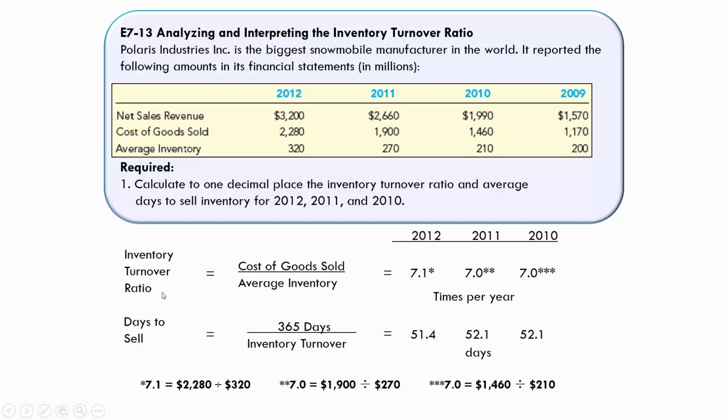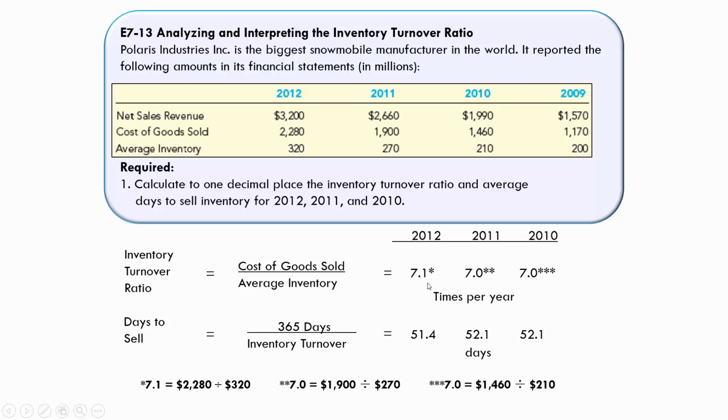So inventory turnover is cost of goods sold divided by average inventory, and days to sell is 365 days divided by the number we just calculated as our inventory turnover ratio. So this one would be 365 divided by